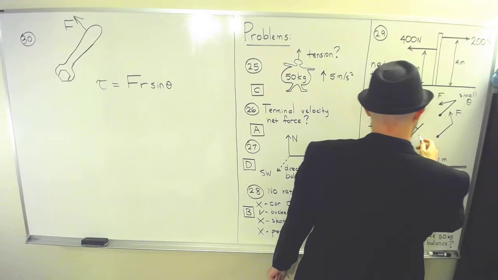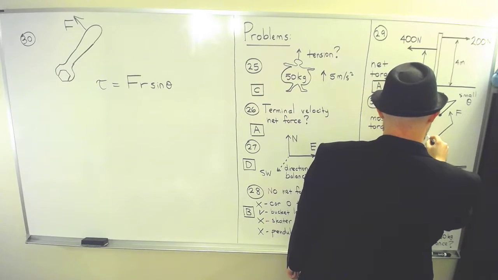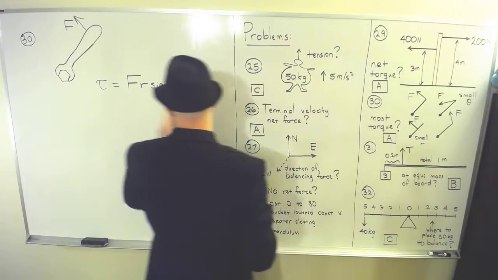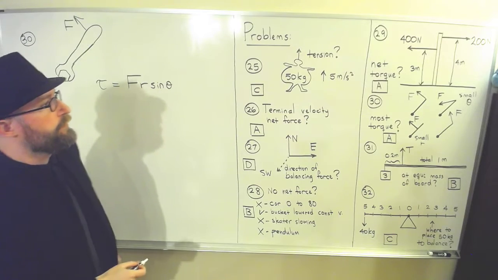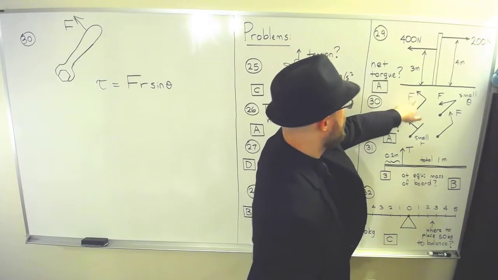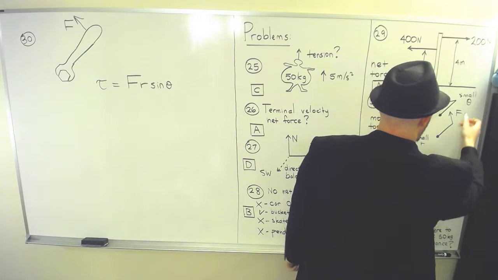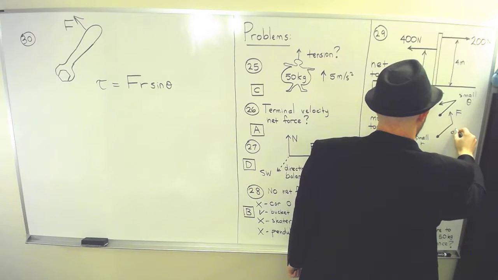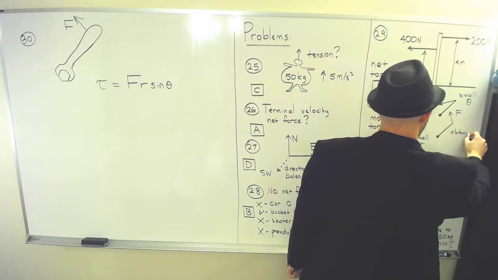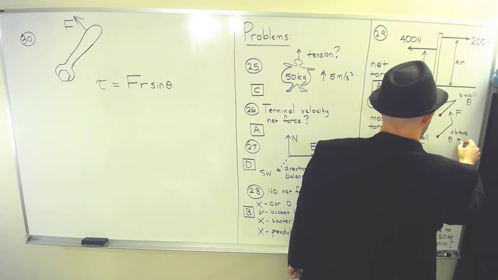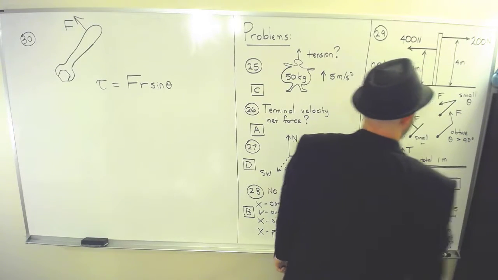In this case you have small r, and so that makes the torque small. Here you have large theta and large r. Now this one won't work once again because of the angle. In this case you have an obtuse angle, bigger than 90 degrees, and the sine of that